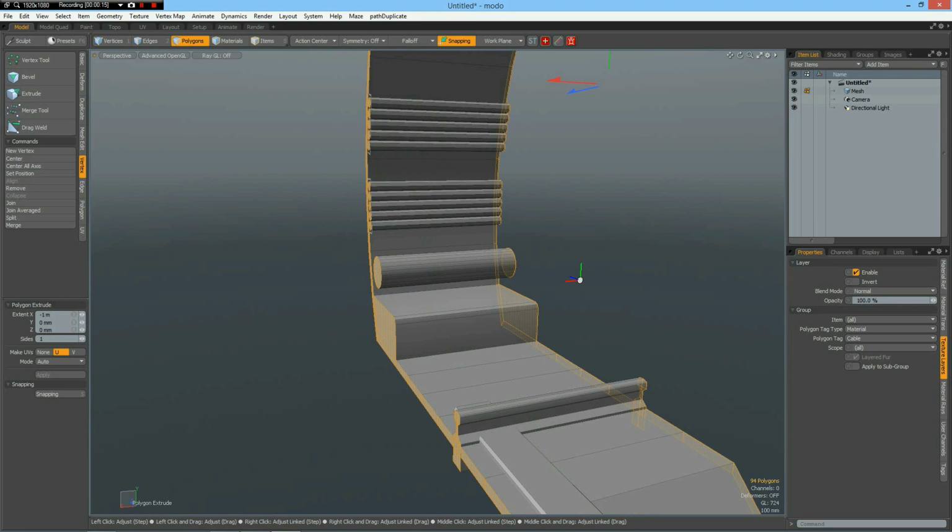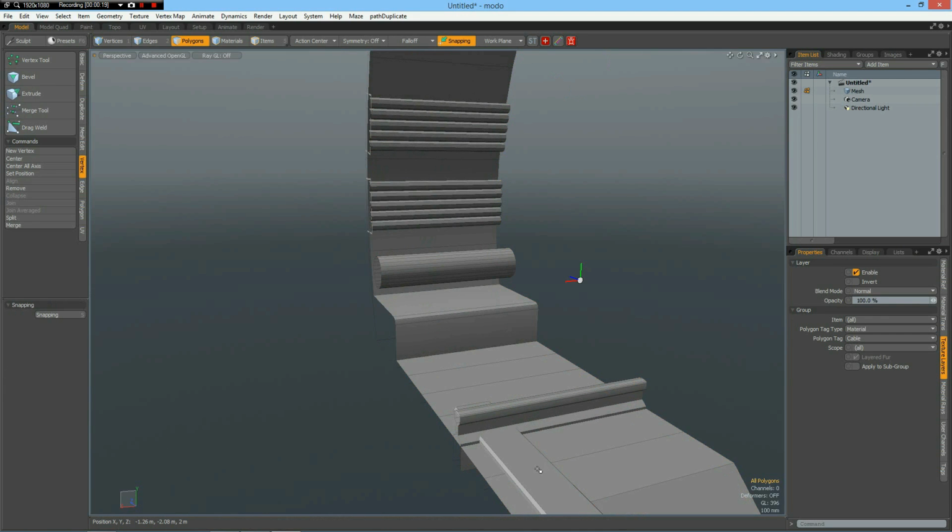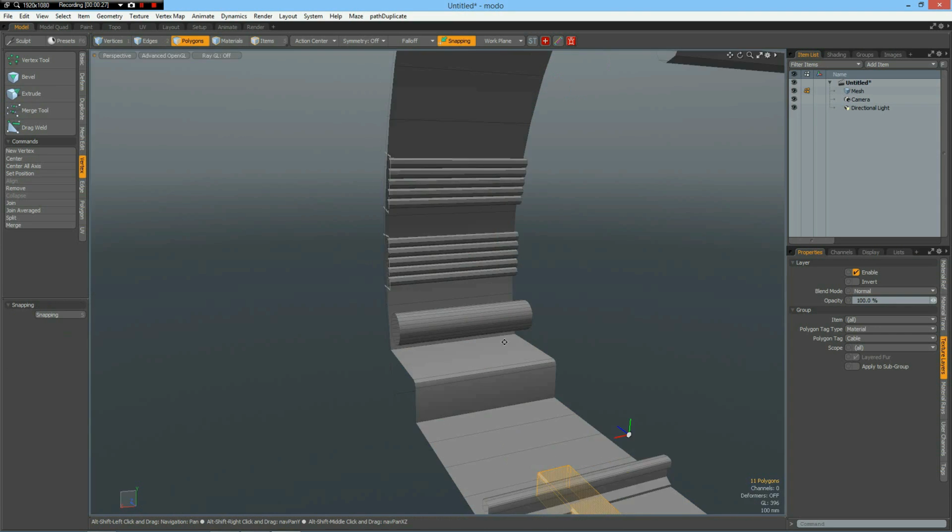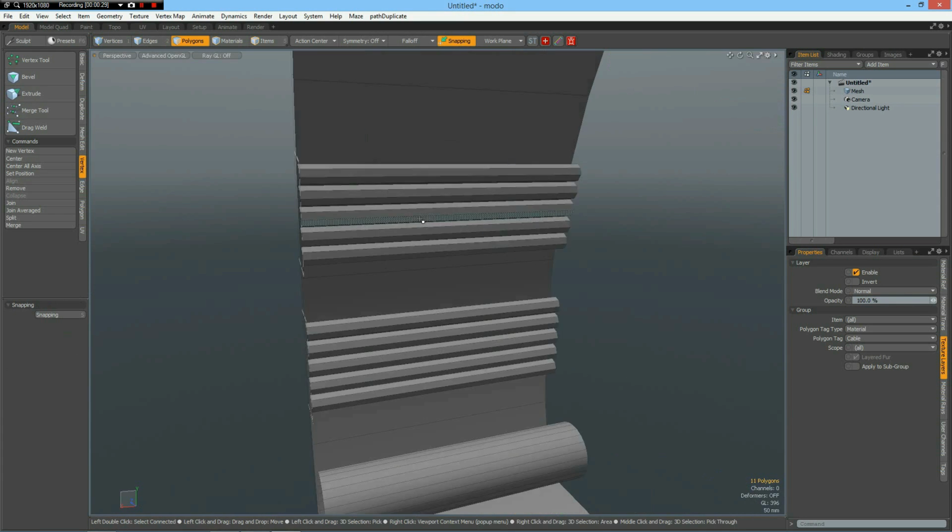Okay, and delete these highlighted polygons. Now I can put this more or less in the middle, W key,